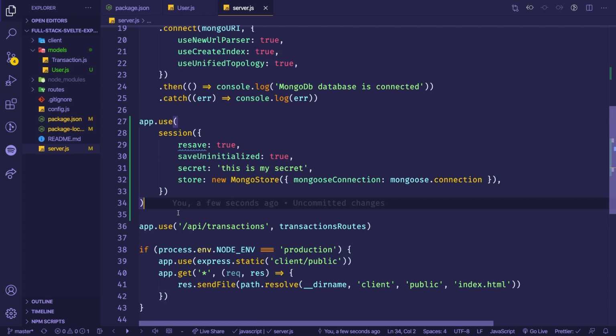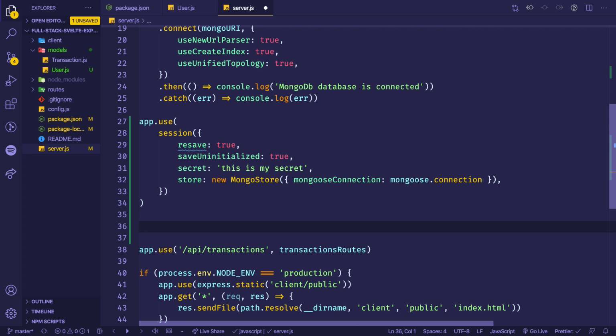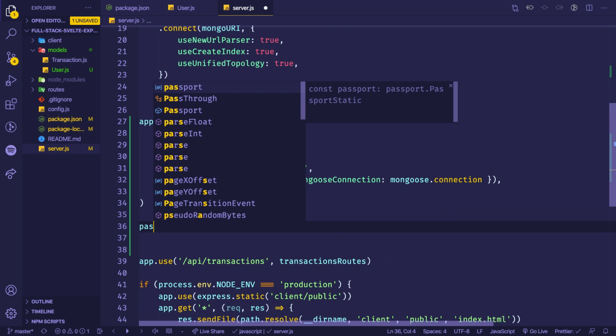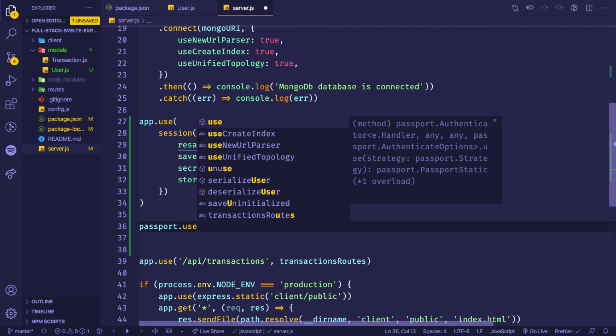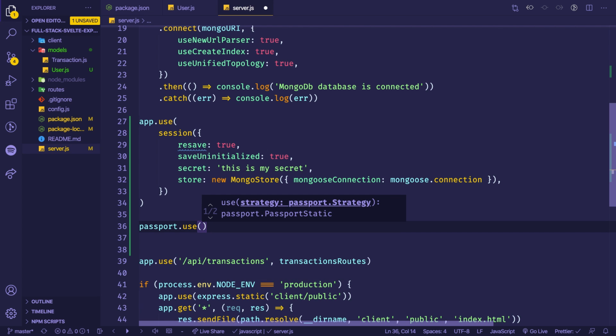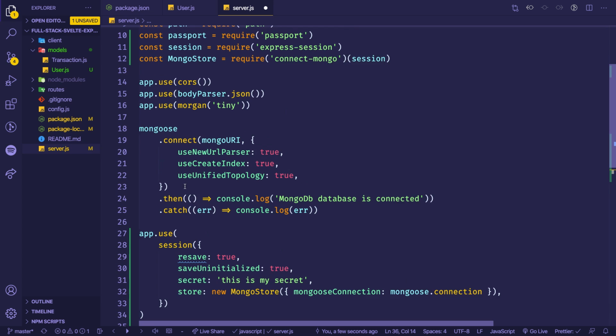So this is how we configure the session, to store every cookie that's coming from the browser. Now we need to set up passport. So we're going to first create the strategy. This is how passport is going to handle the authentication. And as I mentioned before, we're going to be using passport local, but because we're using the plugin,